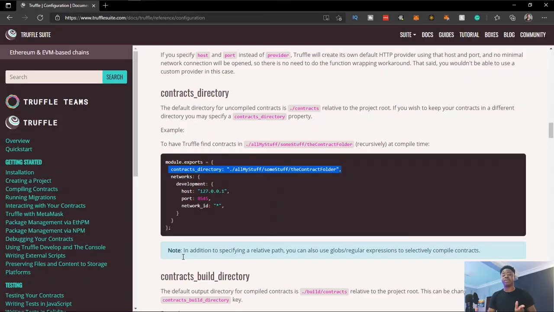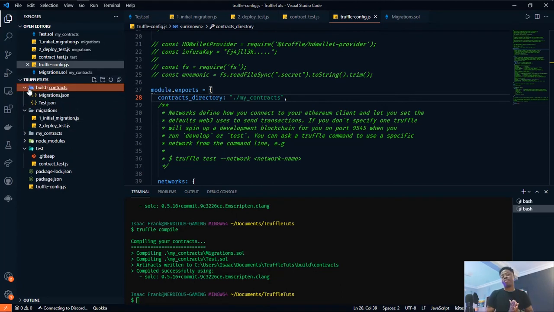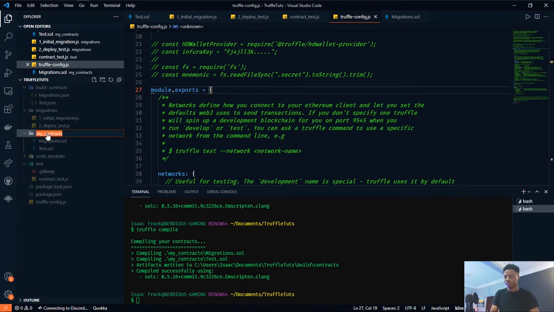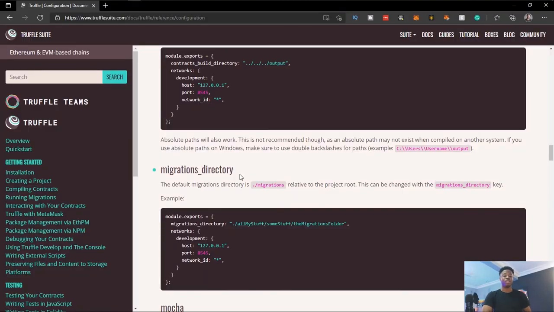Another property that I would like you to know about is the build directory. So by default, when it compiles, it builds it to a root folder called build, which is this. Now we can specify a directory where this stores. That is the use of the build. Now I'll remove this here because we don't need it actually. So now I can change this back to contracts. We can also specify the migration directories. Maybe a place where we create the migration. We want to change the location you should look for. We can also specify it here.